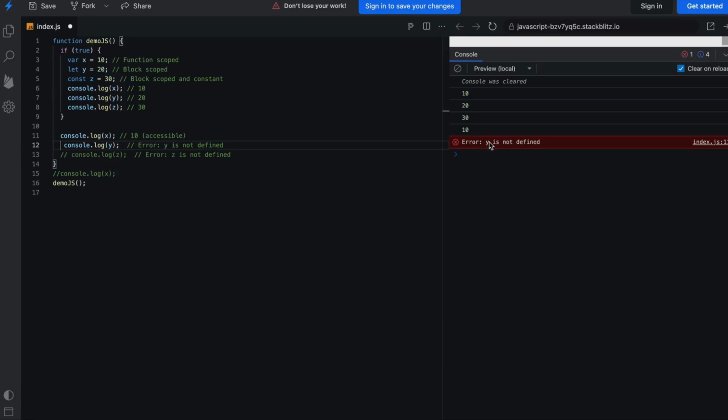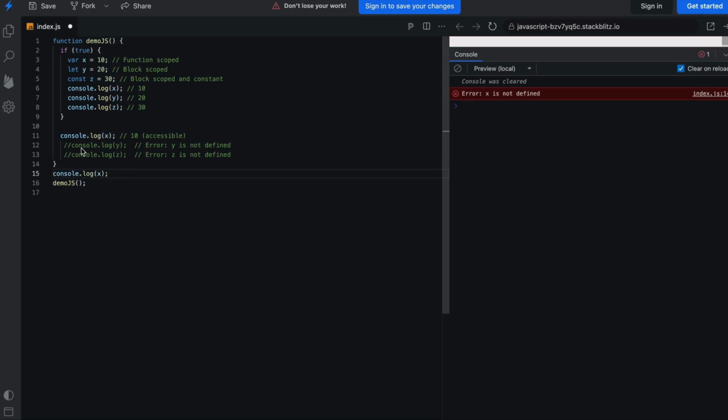You can see here y is not defined. It means we cannot access let and const variables outside the block, right? z is also not defined. It means let and const variables are not accessible outside the block. Let's try to access it outside the function. Outside the function, this is not accessible. If you want to access this variable outside the block, as I mentioned before, we have to export this variable,